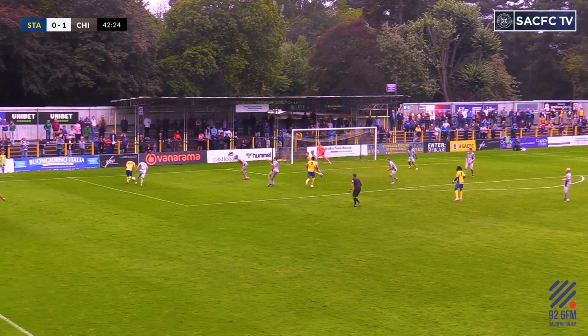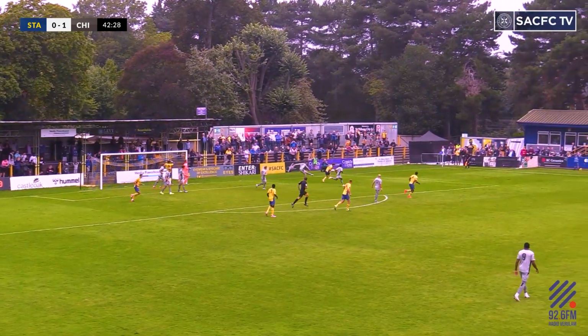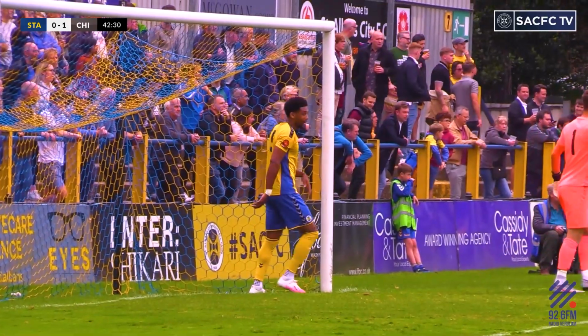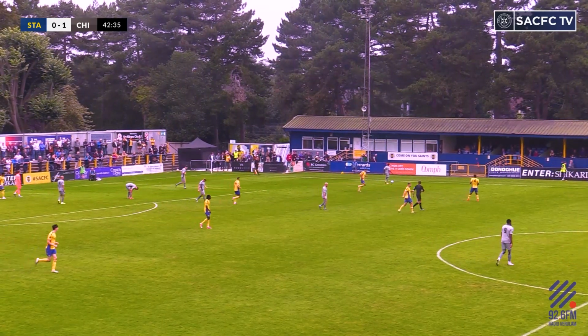He's still on the ball. He's in the box. He goes to the byline. Can he cross it? He does cross it. And there's no Saints players there, but Banny comes in to try and get the ball. It's a throw for the Saints, but oh, Paul, that's where you needed that right attacking midfielder, didn't you, to